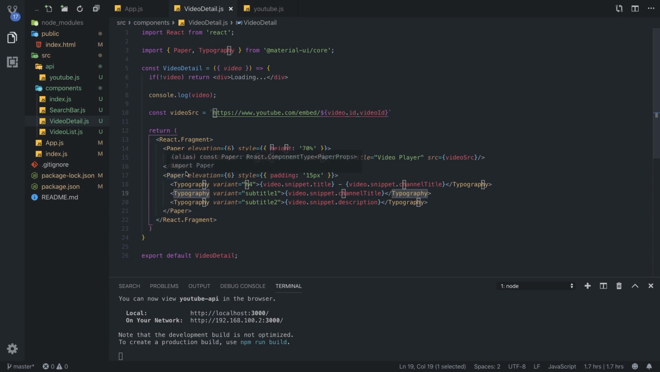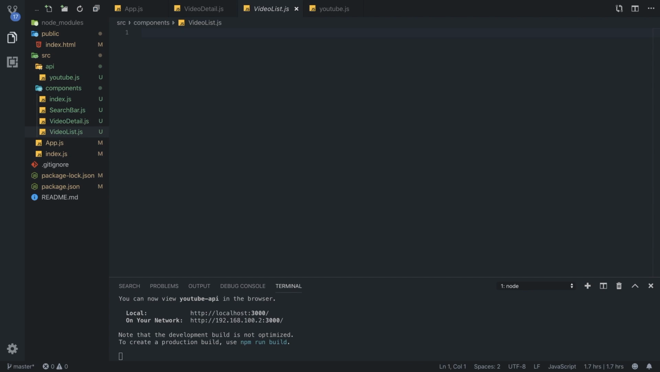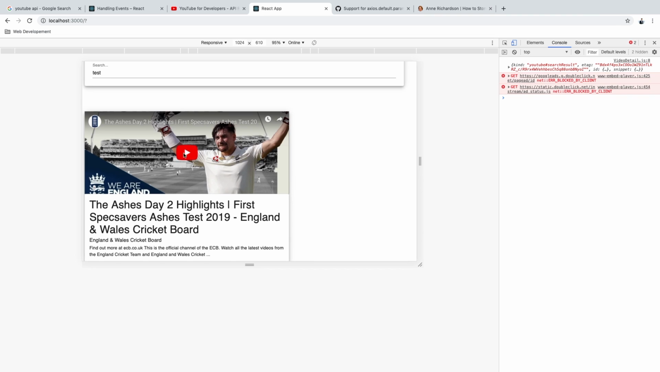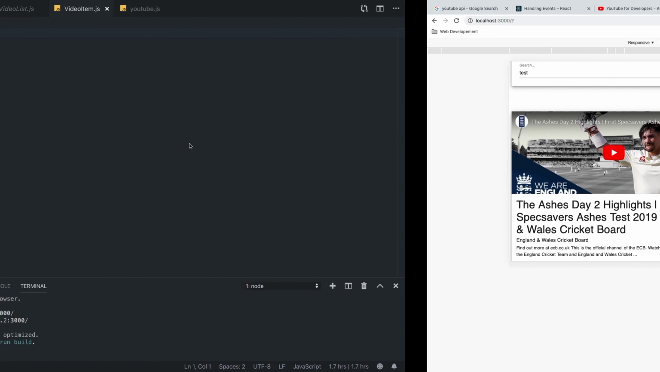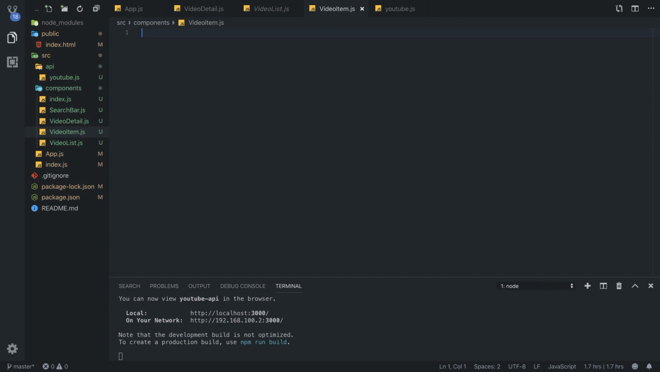So that's it. Now we need to create video list. So video list is going to have video items in them. So if we go under video list, first we need to create one separate video item. So we are going to create a new file, and it is going to be called video item. It is just going to be a small preview of this whole video, just without the iframe of the whole video. So we are going to go under video item, and inside of here we are going to do all